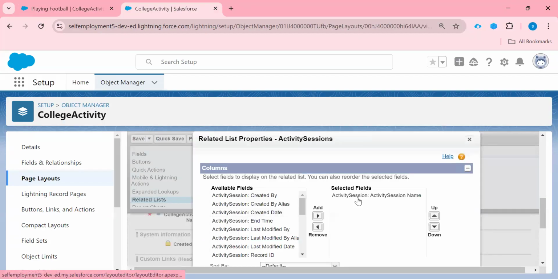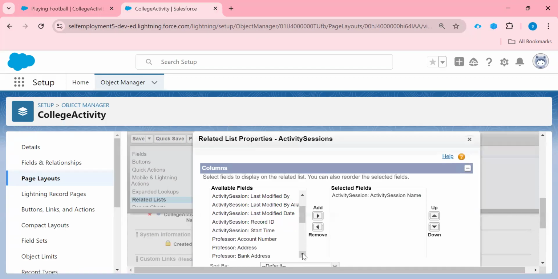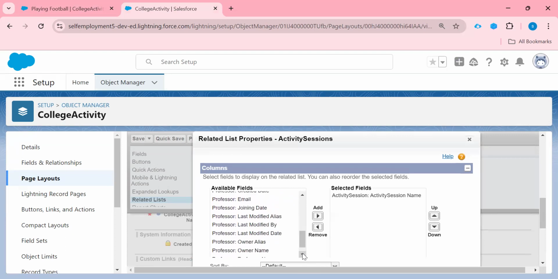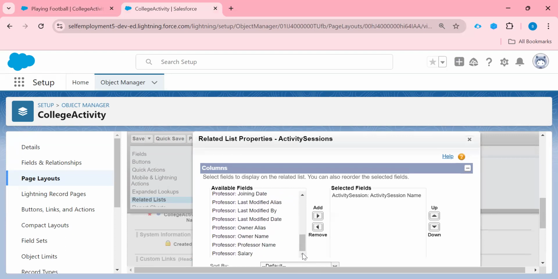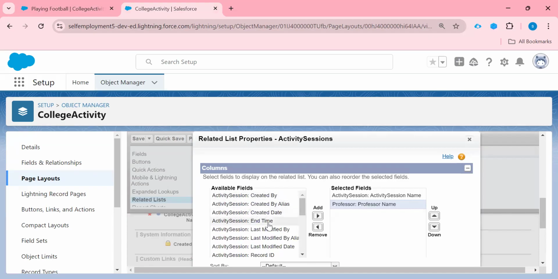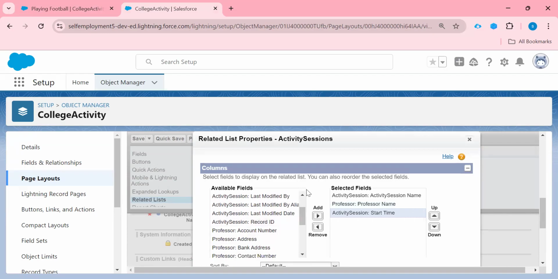select the name. Here I'm going to select my professor name first, so I can know which professor is involved in this activity. Similarly I can select start time and end time.